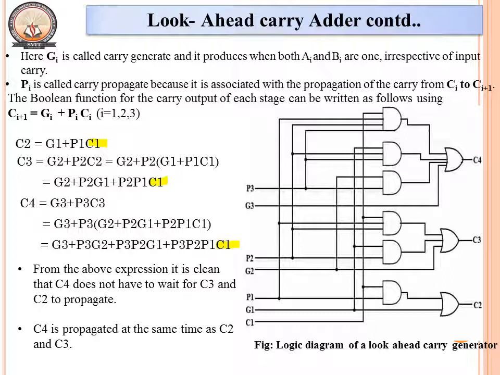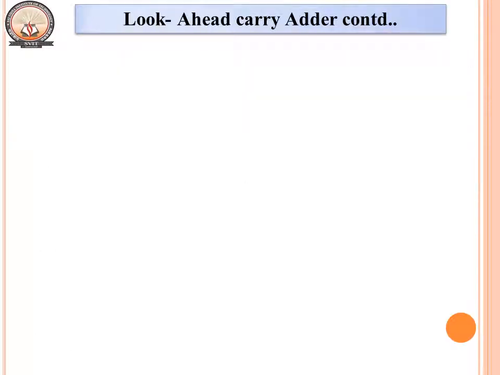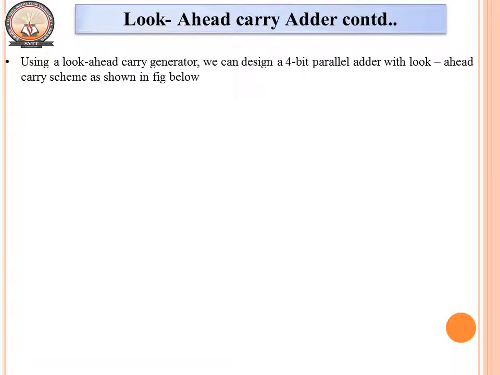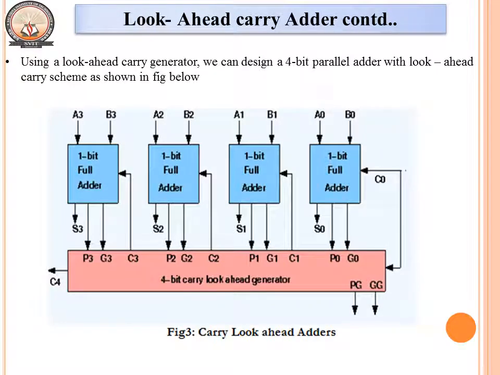The logic diagram of the same is given in this particular circuit diagram. We'll try to implement that in a 4-bit parallel adder. So this is the circuit of a 4-bit parallel adder with look ahead carry generator. You can easily see we have four full adders here. Whatever P0 and G0 come from the first stage will be given to the look ahead. As soon as C0, the first carry, is generated, all remaining carries will be generated automatically, which will reduce our propagation delay to the maximum extent.